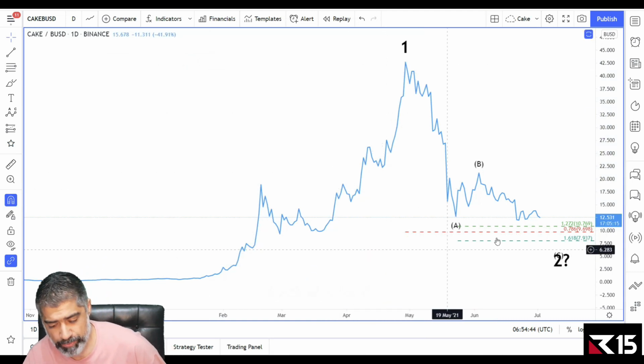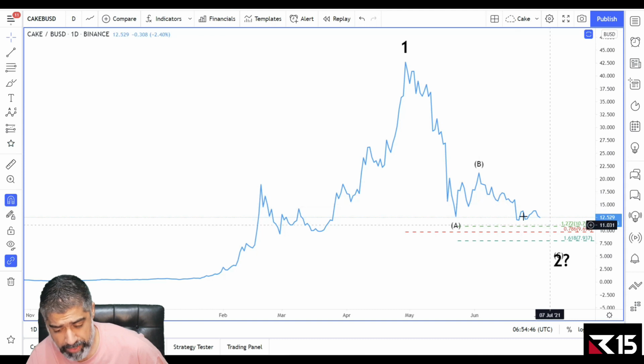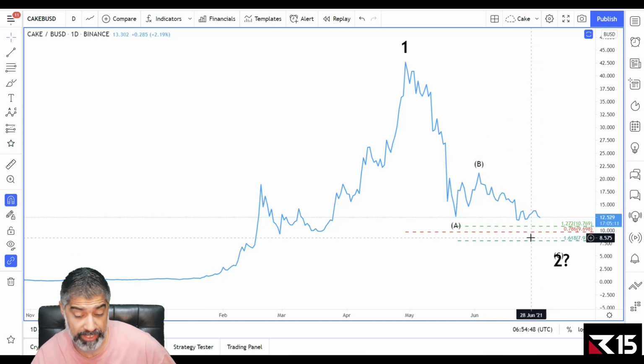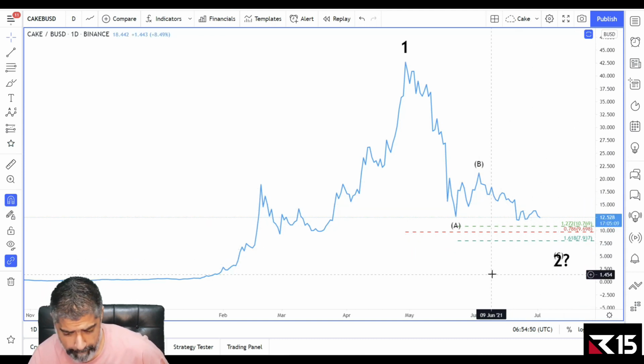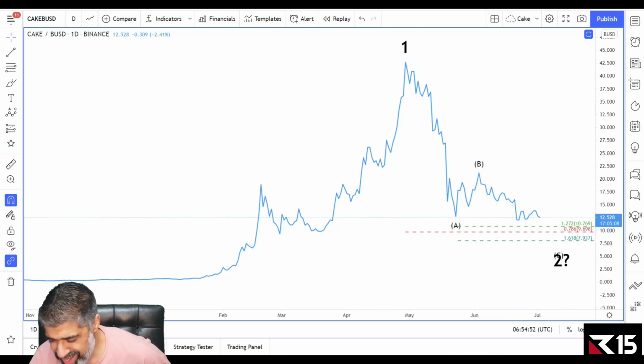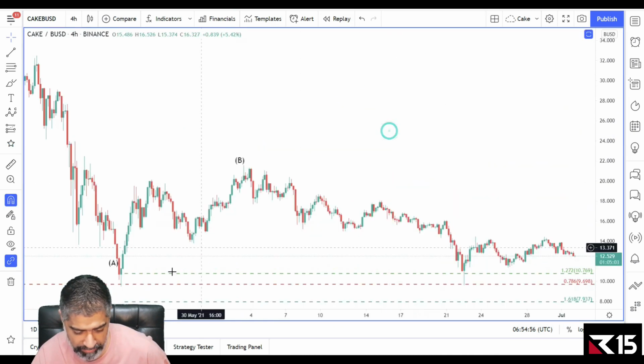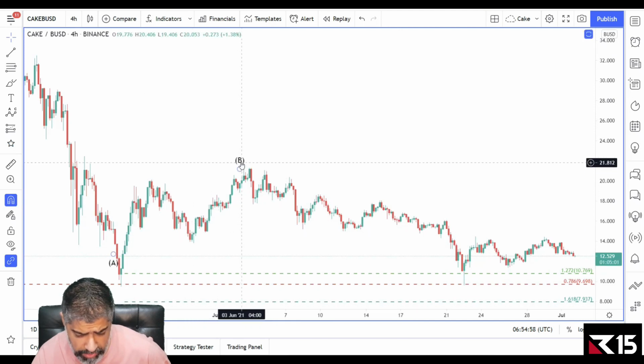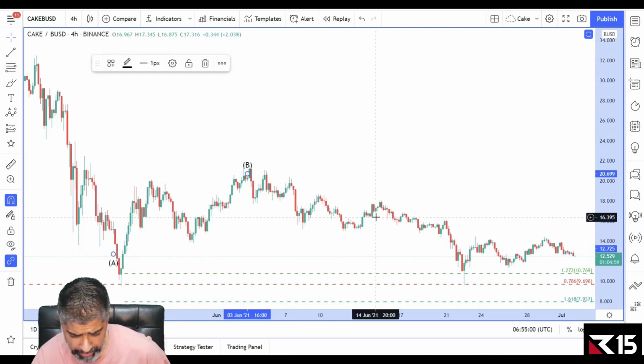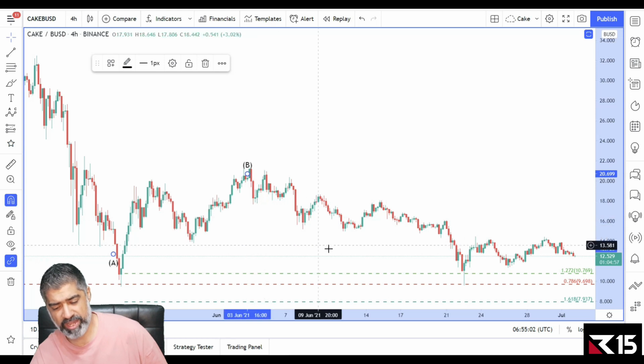And then last but not least, what we can do is look at this part of the market, because this wave C will typically break down into 5 waves. So let's jump into a 4-hour chart and see if this gives us any valuable information. This is what we're calling a wave B, and it's a real sideways kind of movement.